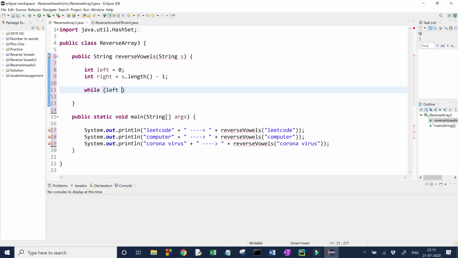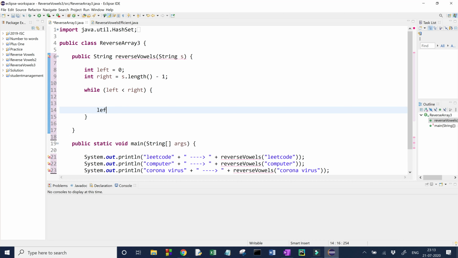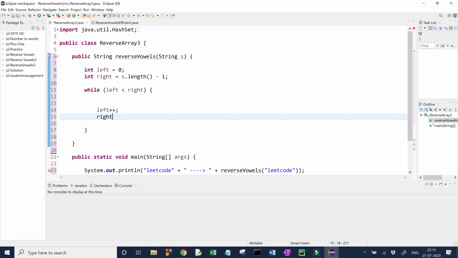Our first loop: left less than right. We have seen we have to carry on the business of searching vowels till the moment left crosses right or becomes equal to right, then we stop. So obviously we will have to move left plus plus and right minus minus.